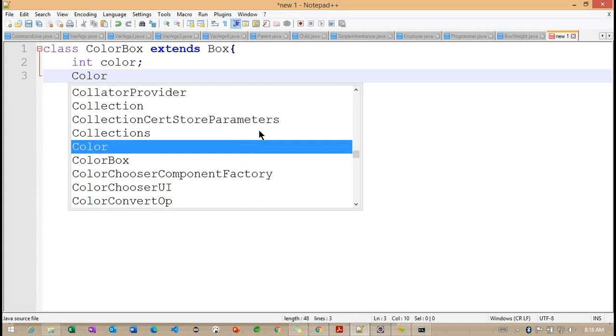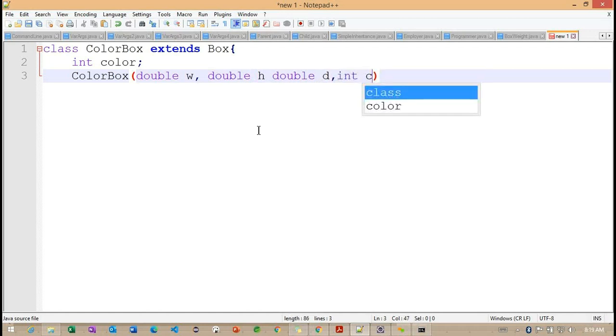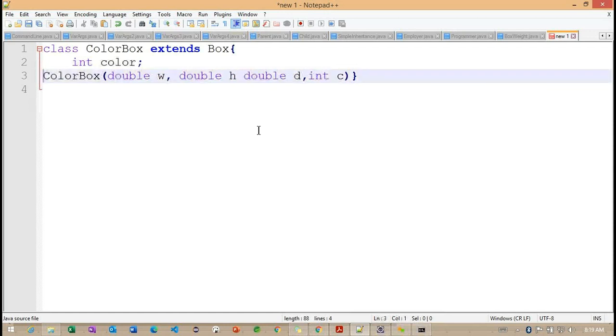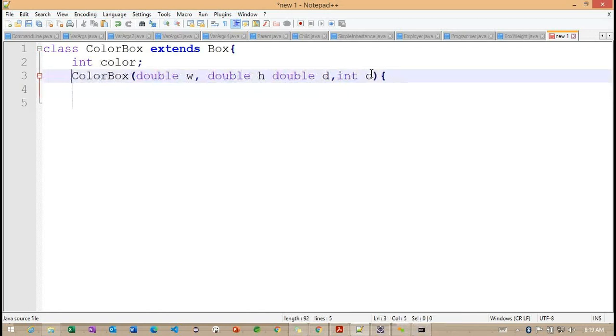And the color box constructor here: double d, finally, int c. Sorry, int c. So this is the constructor I'm trying to define.